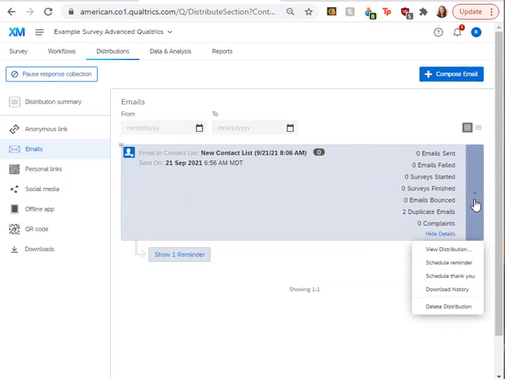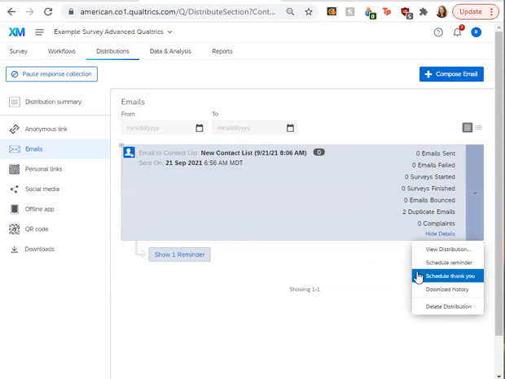But if you chose to do individual links, then you can schedule a reminder email to automatically send to people that have not responded to the survey. You can also schedule a thank you email that'll automatically send to everybody that answered the survey and completed it, etc. So those are all options right here on the right-hand side arrow.